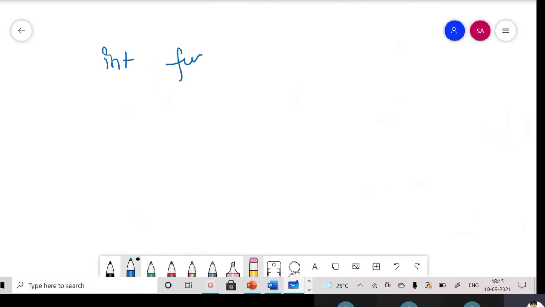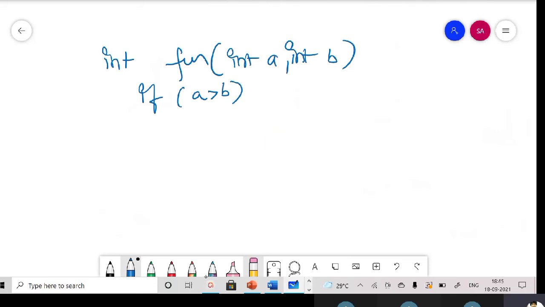So again we are taking another function, int a and int b. Inside this we are checking if a greater than b, we say that b equals b exclusive or with a, and this is the end of the if.